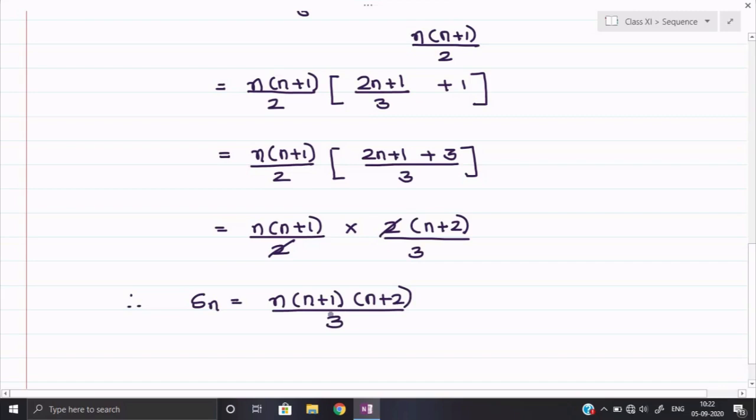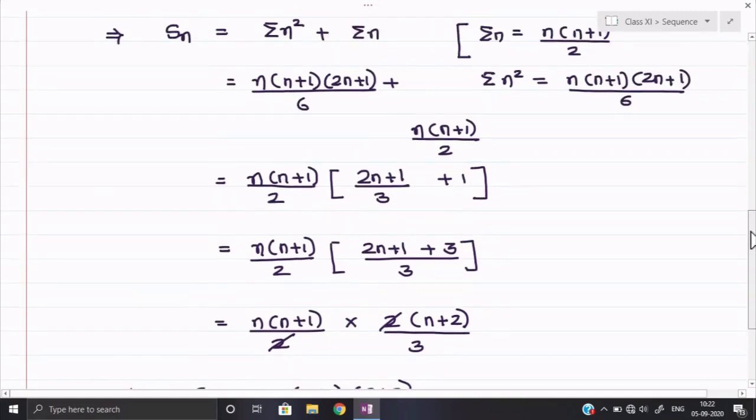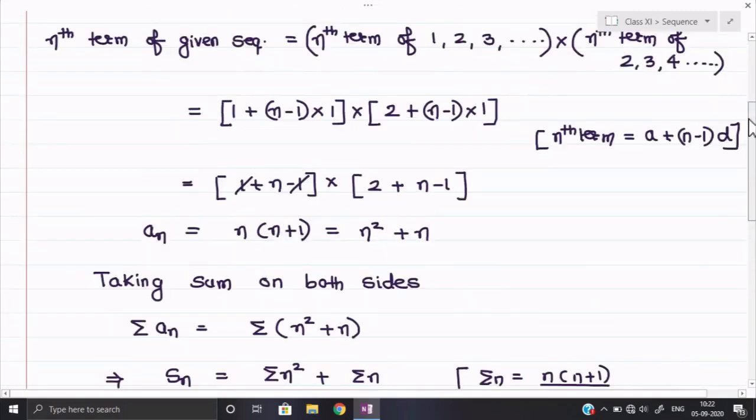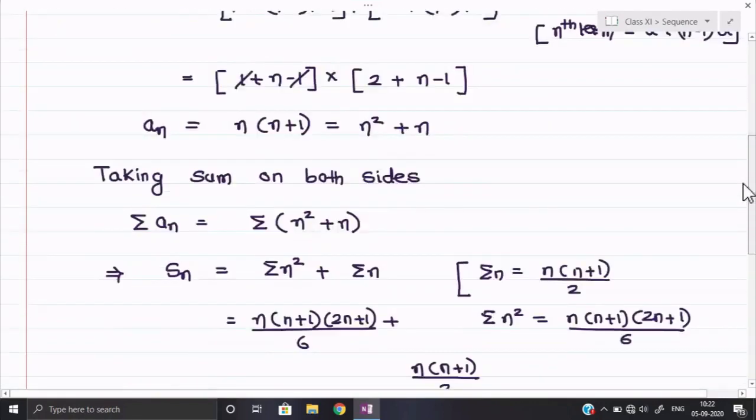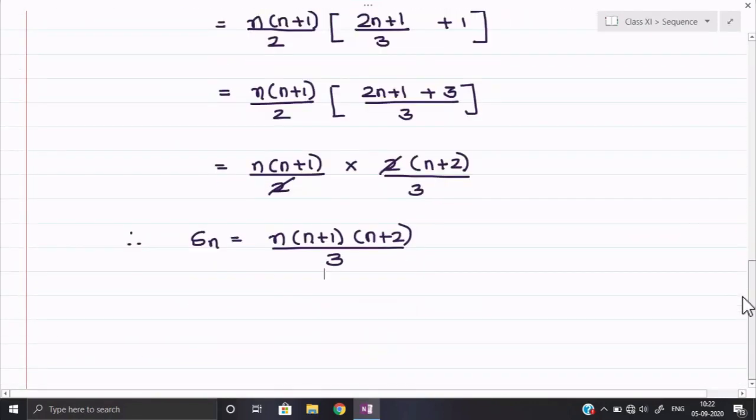Now see this sum we got. We should know, in the examination and right now also, whether our sum has come correct or not. Suppose I want to find the sum up till 2 terms. If I put the value of n equal to 2, can we say whether our sum is correct or not? Let us check the sequence. What is the sequence given to us? It was 1 into 2, 2 into 3, 3 into 4. Just for cross checking, we'll check this sum for 2 terms or for 3 terms.